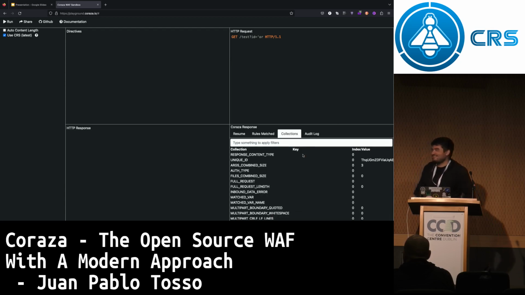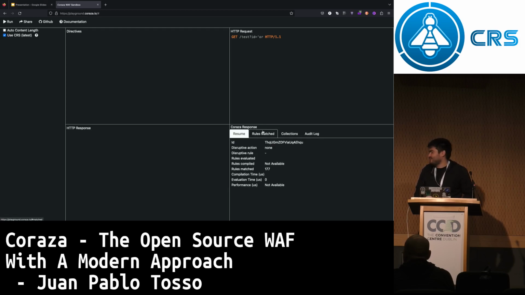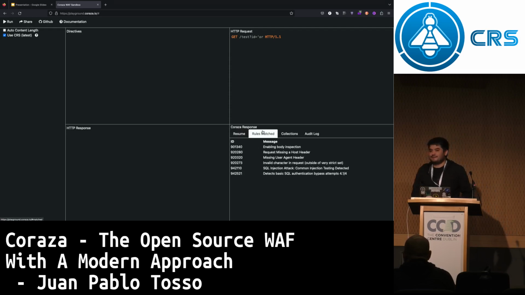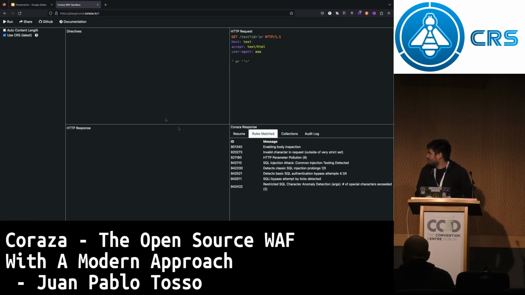But what's most important, this is client side. This is in the browser. This is WebAssembly, so it's really cool how it works. And it was super easy to implement in the browser, just a few lines. And it's the same for everything supporting the WebAssembly proxy standard. So if you want to add something else, you can host it. There you can keep going and adding things, and you can add your own rules.